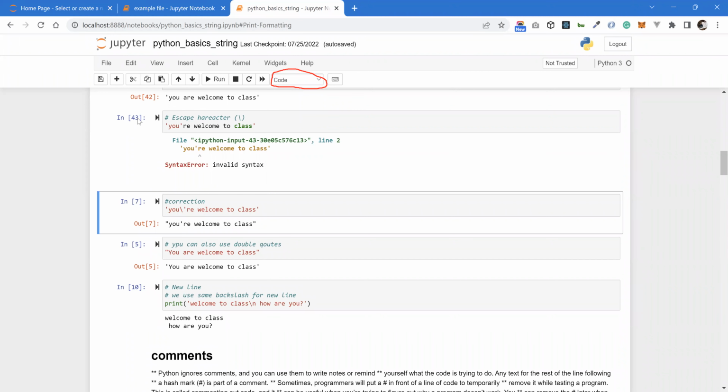Yes, we can. Okay, so you are welcome to class. You can see, and down here you have an invalid syntax error, right? So what Python is just telling us is, I don't understand what you are doing. So can I make it understand? But for me to fix this error, if I decide to put a double quotation here,